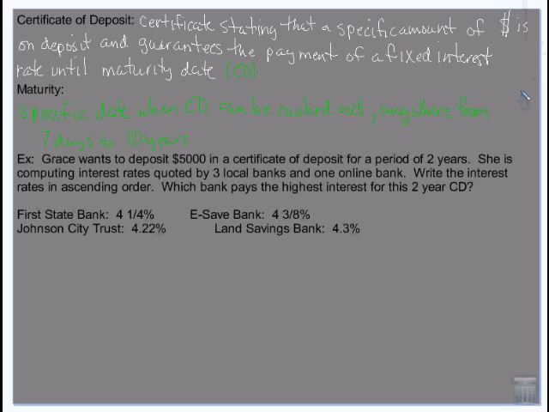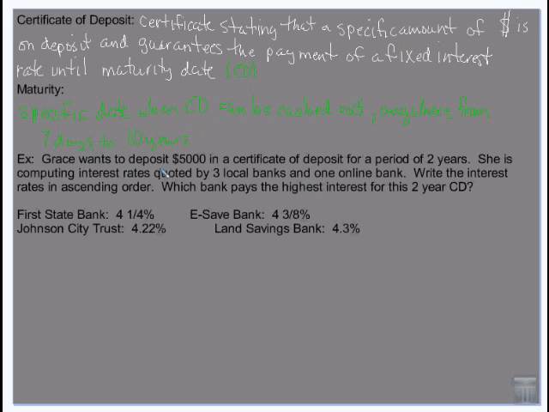Banks will always do different things. Some banks will tell you the interest as a decimal, like 2.5%, and some banks will tell you as a fraction. If you want to make accurate comparisons, you need them all to be in decimal or fraction form. It is easier to go from a fraction to a decimal than from a decimal to a fraction, mathematically. So we're going to put all of these in decimal form.